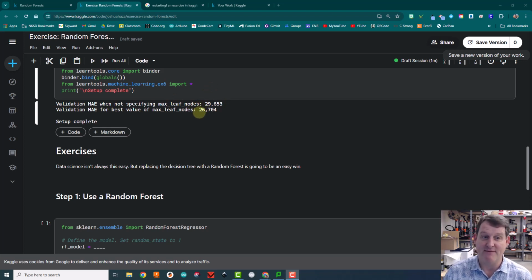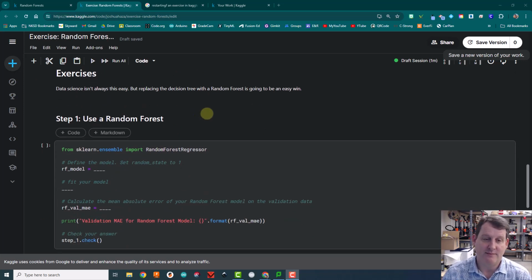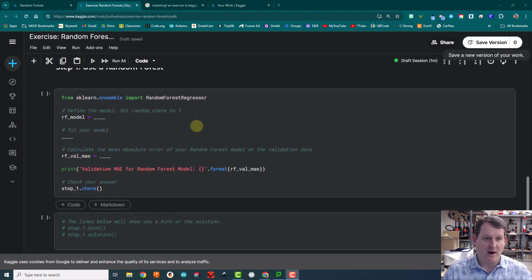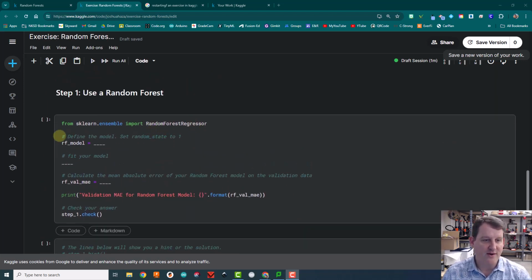can make it maybe even better by using random forest. And so now this is our kind of baseline. Can we get better than these two? All right, so using random forest. We're going to rename our model RF model to identify it from the Iowa model